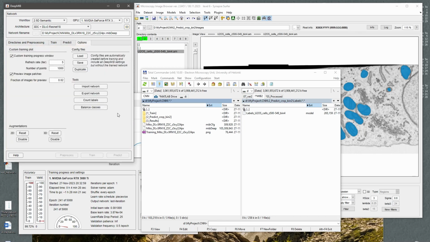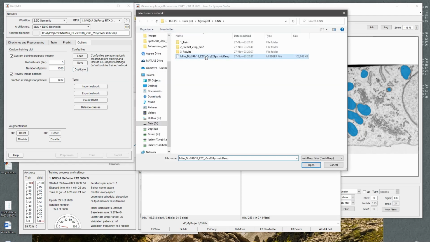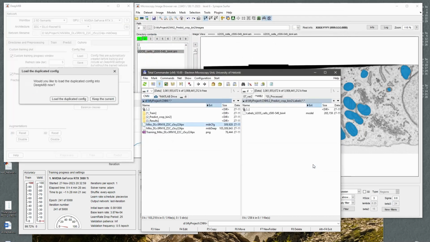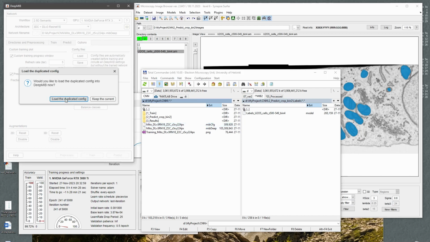Also, let's say we did one training using this network, and now I want to do another training using pretty much the same parameters, for example changing something. In this case, I go to this options tab, and there is a duplicate button. I can click this, select my source network, and then make the target network. Let's say, for example, I want to do training using ResNet 50. I can change the network name, save this, and load this duplicated config,